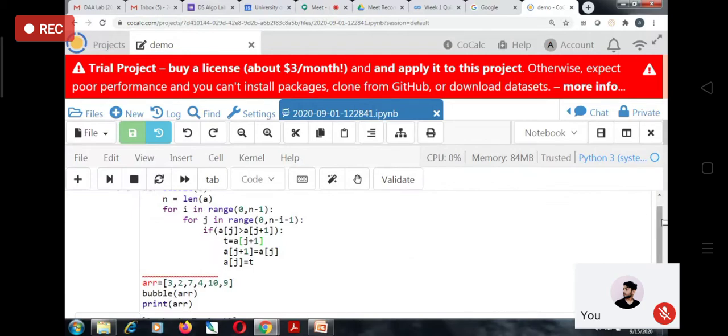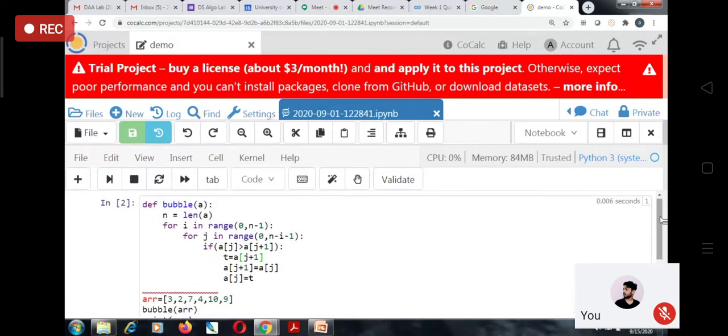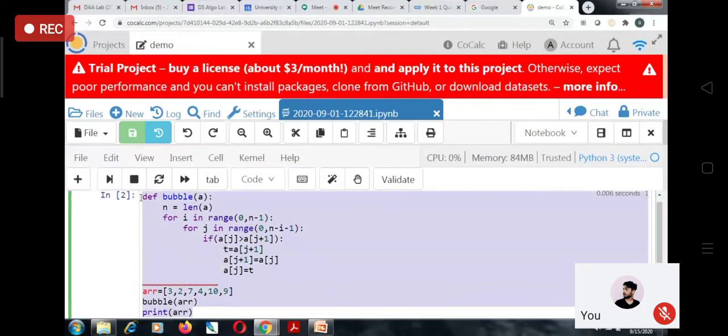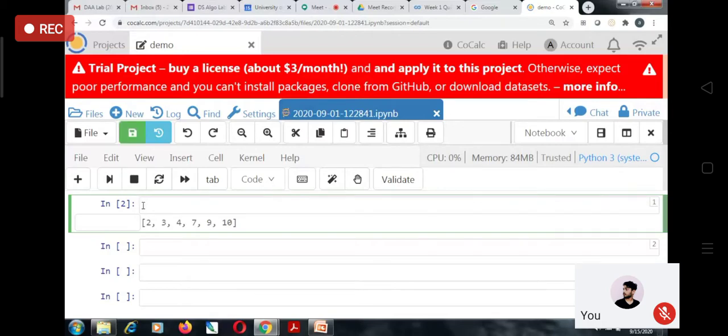This is the bubble sort program basically. Whenever you are writing any kind of sorting algorithm, you can either write it with a function definition or directly. It does not actually matter. So that's all about bubble sort using Python. The insertion and selection sorts will be very similar. Only the conditions and the loops will be a little bit different. Nothing more.